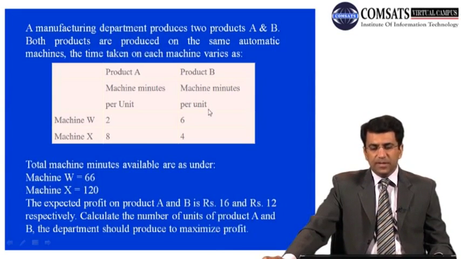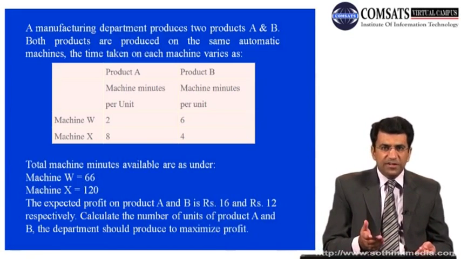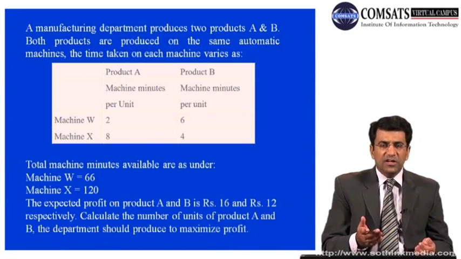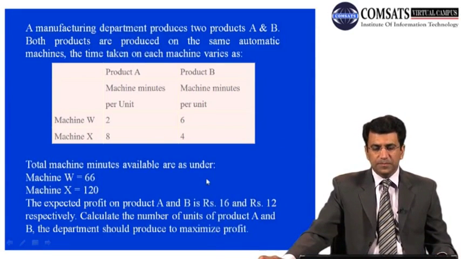These are the decision variables. Then there are some constraints. In this case, the constraints are for machine W and machine X. And of course, we want to maximize our profit by the best combination of the number of units of product A and product B. So this is what you have to analyze first, before immediately starting to solve a problem. So important is the analysis of a particular situation.